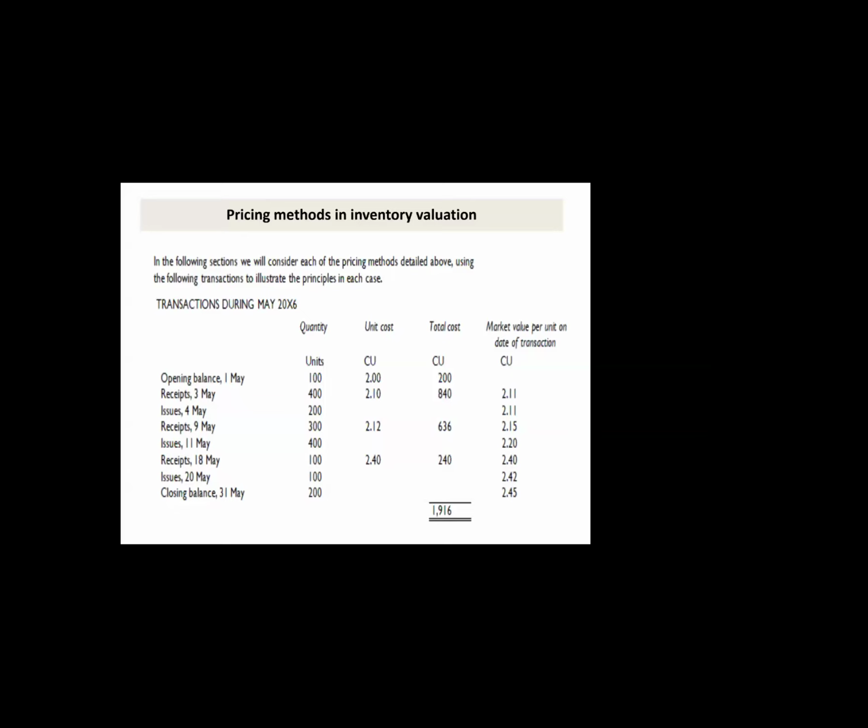That is 420 taka total. Then on 18 May, we received 100 units at the rate of 2.40. That is 240. So after 18 May, our total quantity of inventory is 300 and the total value of inventory is